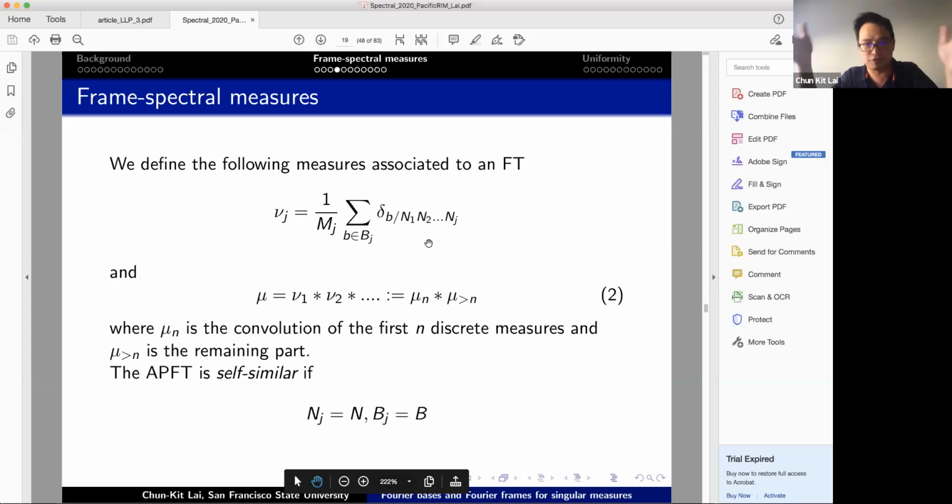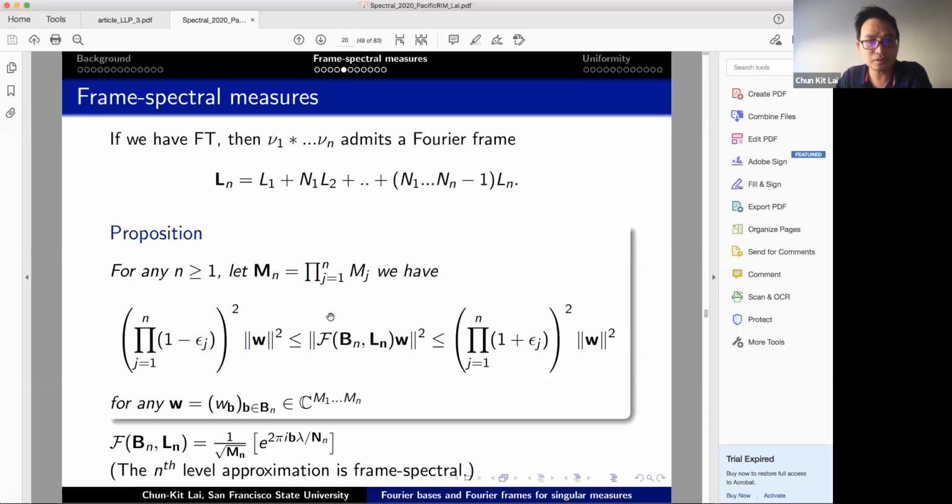So here, every level may be different. So, well, if we produce a frame tower, I can iterate the same thing. So for the nth level measure, I iterate the L1s. Okay, this is a typo. This n minus 1 should be down. So I produce an n minus 1, and then